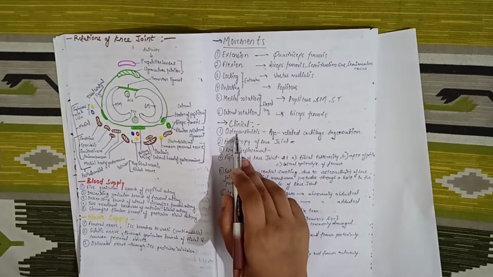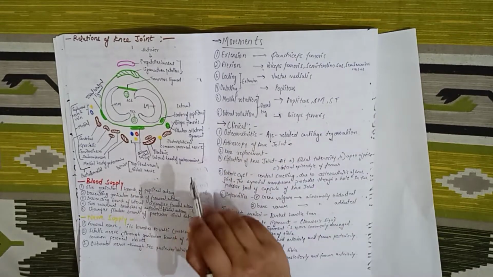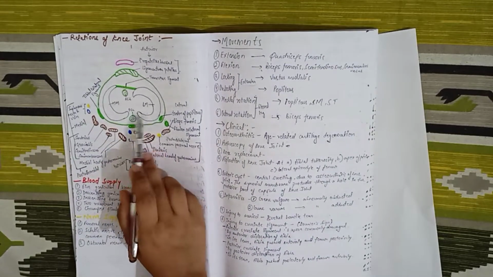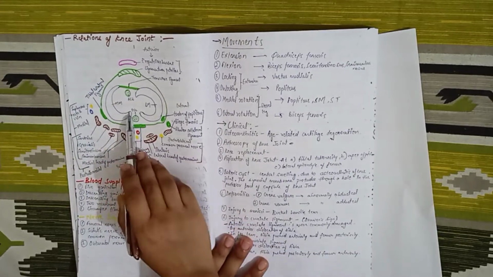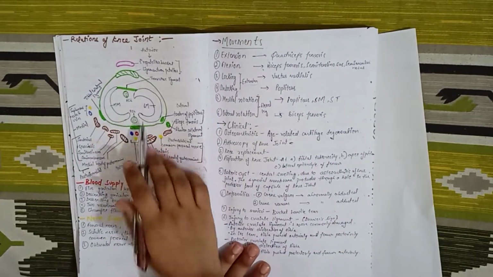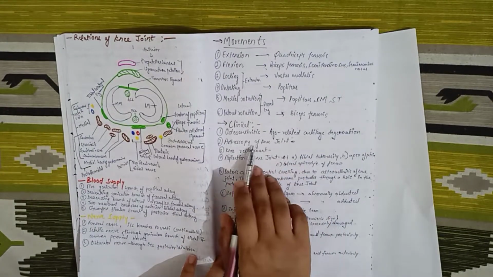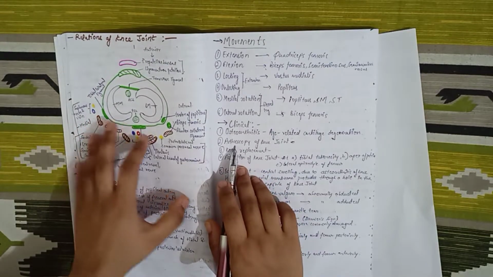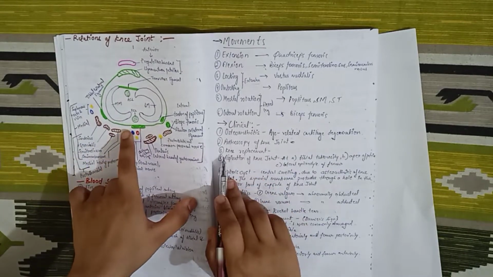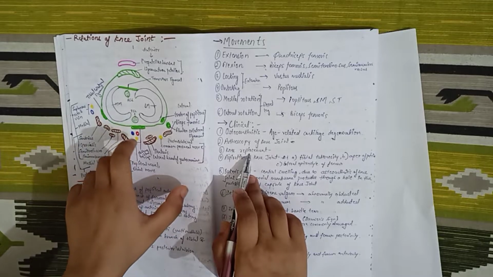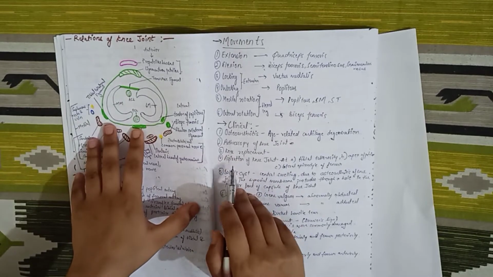Now it's clinical anatomy. First is osteoarthritis, an age-related cartilage degeneration. In this, the menisci may get degenerated, or there are some cartilages which undergo degeneration. Second is arthroscopy of the knee joint, through which we insert an endoscope and can look at the view around the knee joint. Third is knee replacement. This is important when there is much loss, when our knee joint has suffered a lot of damage.